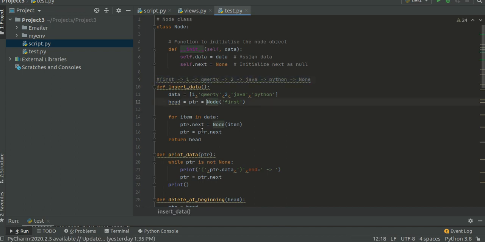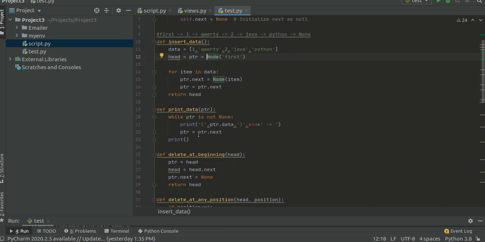For the print function we pass a pointer, and from that pointer till the last node every data is printed. We give an arrow sign to represent the next node, and this print is to go to the next line.